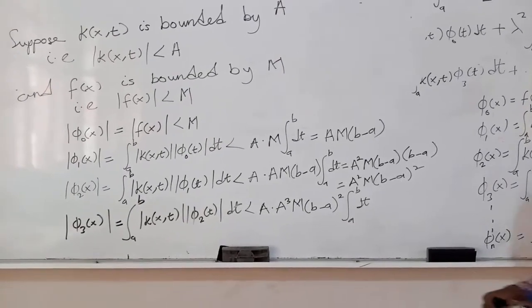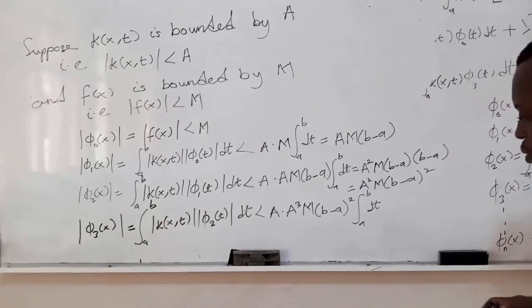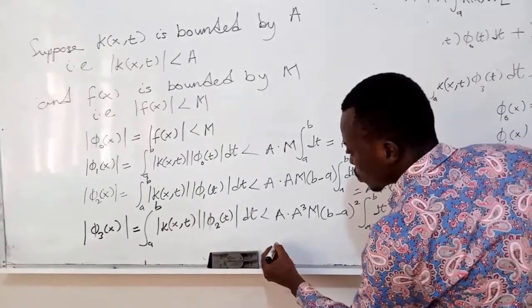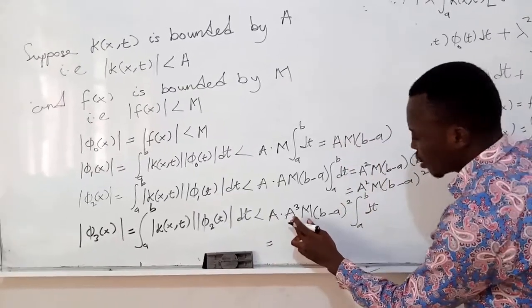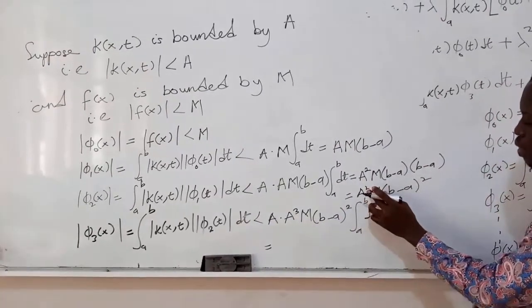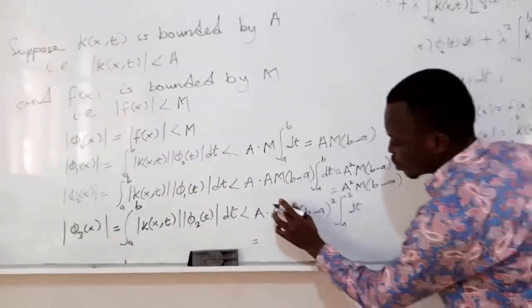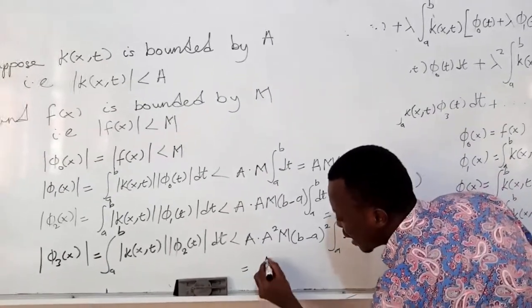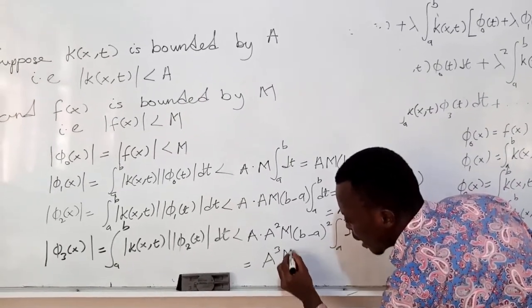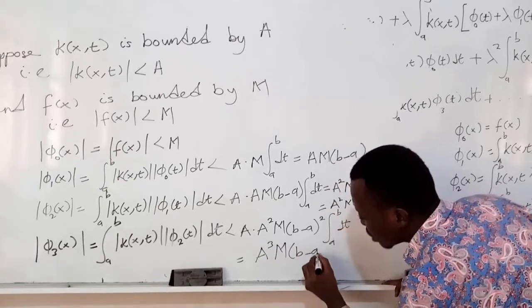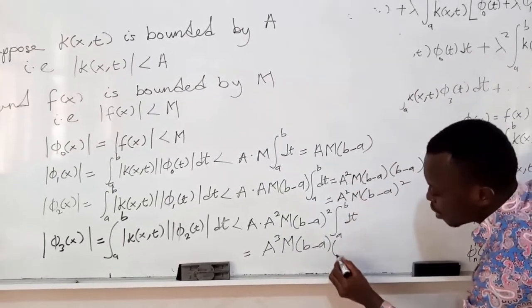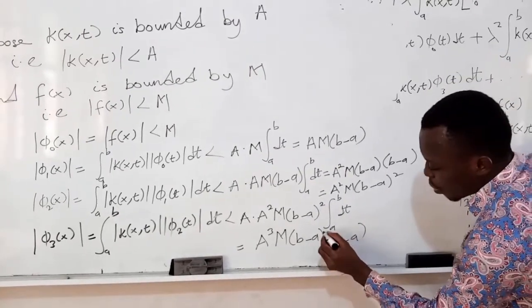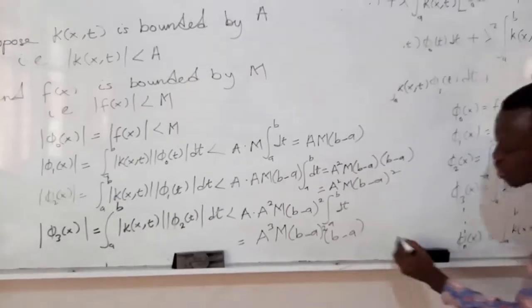A to b dt. Now we're going to have this one equal to, this time, a square. I'm going to have here a times what? A raised to the power 3m, bracket b minus a. Then this gives me b minus a. So if I multiply this and this using the power 2, this will give me,